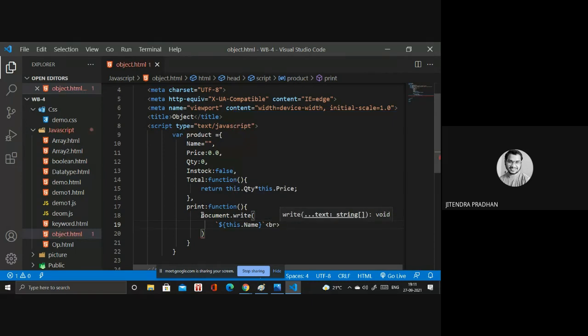I need the price as well, so this dot price. I will write inside that backtick. That's where it's getting an error. Wait. Then I think not.